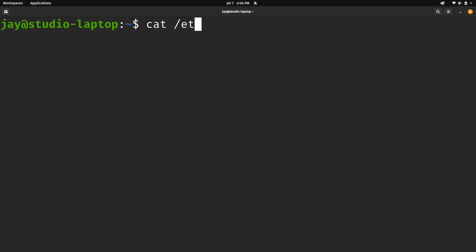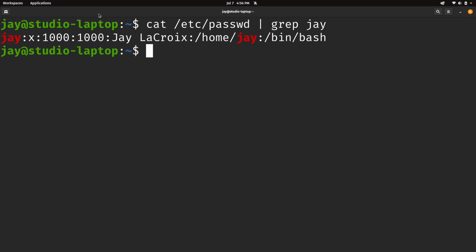Now real quick, you'll recall that I mentioned that we have an x right here for most, if not all, the users, and that x refers to the fact that that user has a hashed password. It's almost always going to be the case. We really don't want to store the user's password in plain text in the /etc/passwd file. We would rather hash it and store it somewhere else. So if we take a look at the /etc/shadow file,